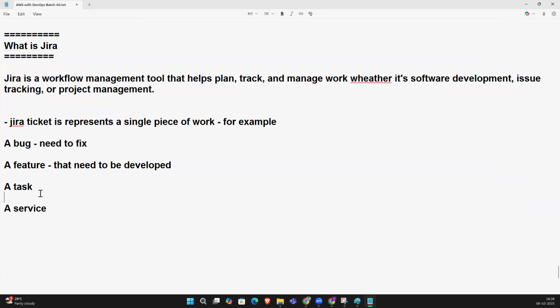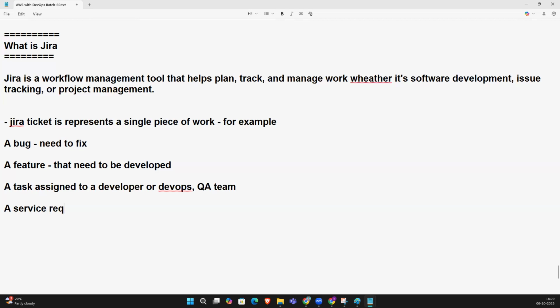What is a task? A task is assigned to a developer or an operational engineer, DevOps or QA. What is a service?